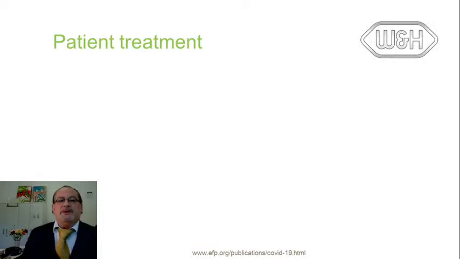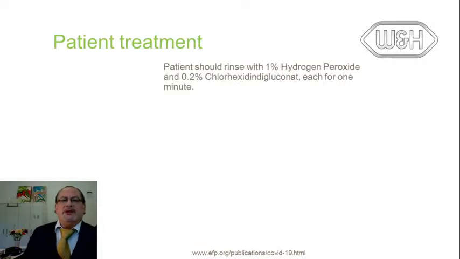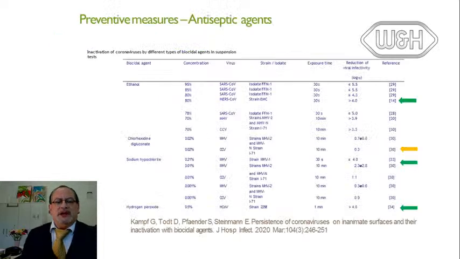So when we come to patient treatment, the patient should rinse with 1% hydrogen peroxide and with 0.2% chlorhexidine, each for 1 minute. Don't mix it, because then you will lower the concentration. So why do we now have to use hydrogen peroxide? It's due to a publication that came up in March 2020 by Kampf et al., and because this table is